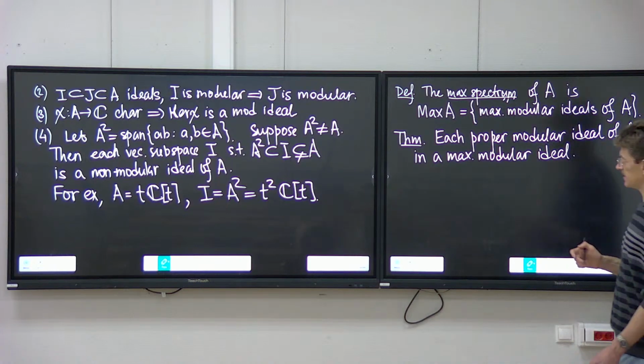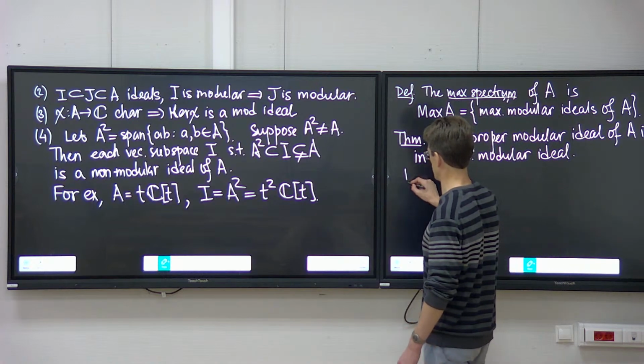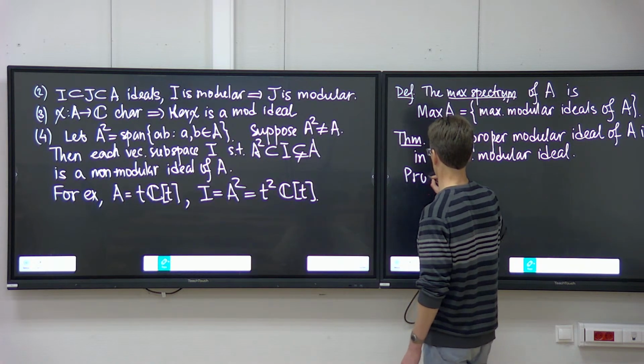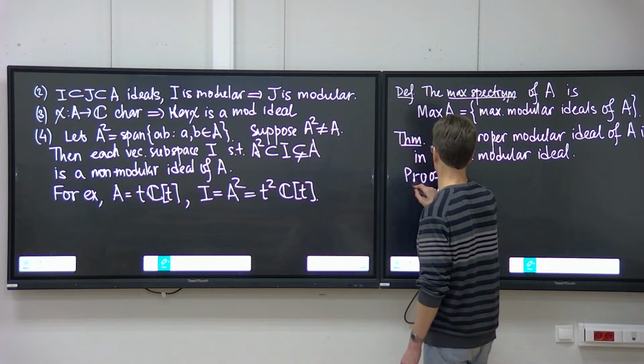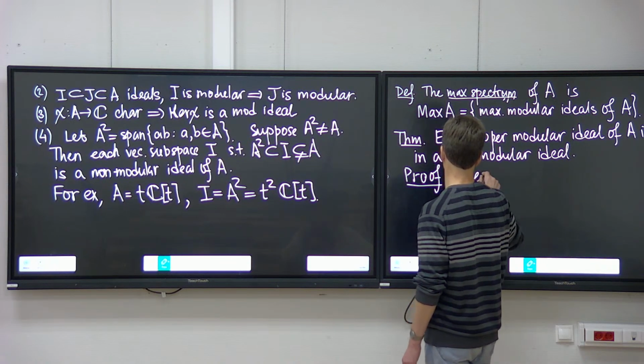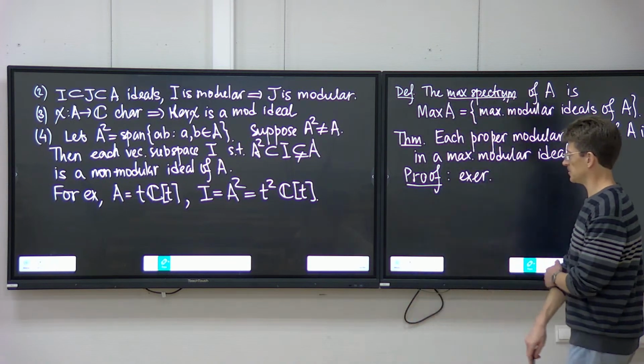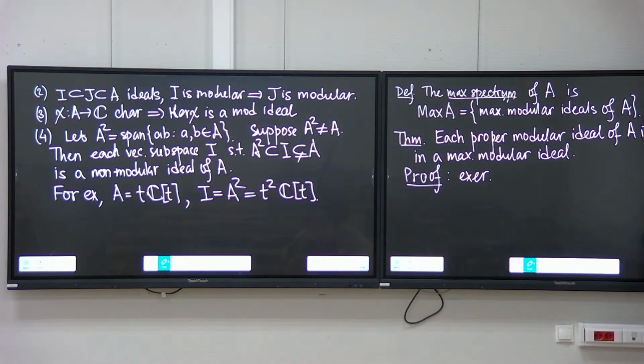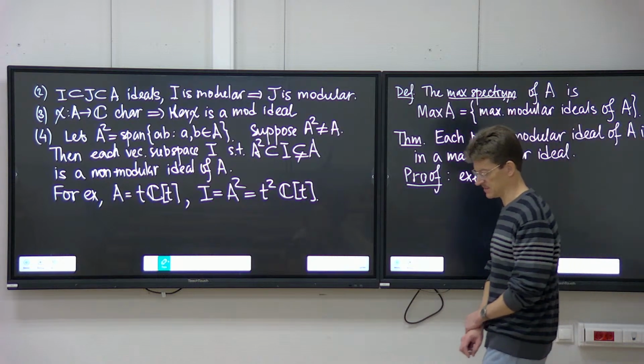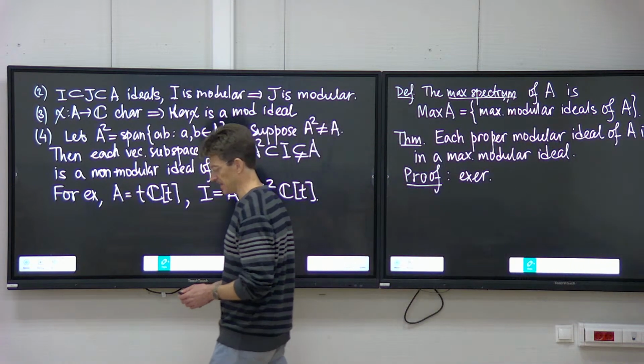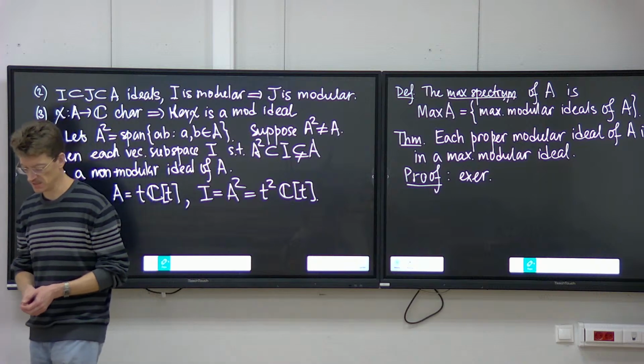And the proof is almost the same as in the unital case, modulo some details, which I leave as an exercise for you. So just as in the unital case, we apply Zorn's lemma. The only delicate point is to check the conditions of Zorn's lemma, that is, the condition that every chain is